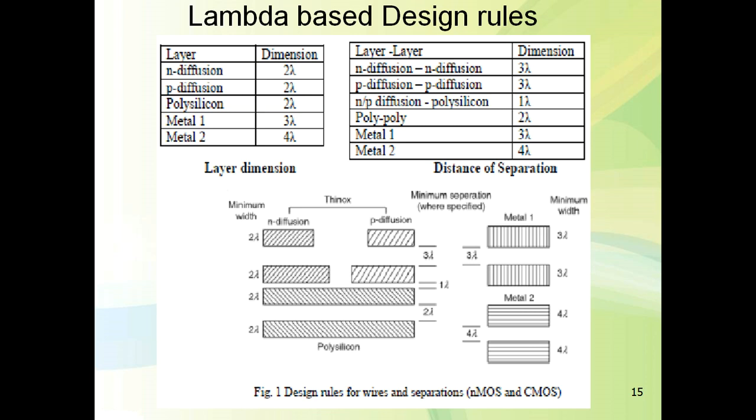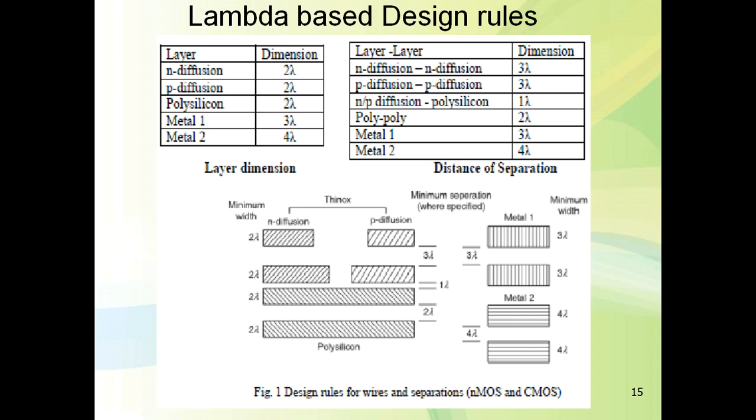Purpose of the design rules. The first purpose is that it prevents unworkable, unreliable designs, that is, designs which are hard to implement will be easily implemented. The second purpose of the design rules is preventing accidental short circuiting, open circuiting and contact slipping. These are the two purposes of the design rules.